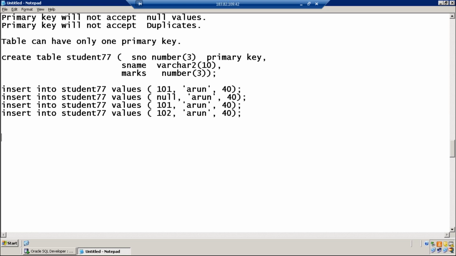Let's say, for example, in your organization, every employee has a unique employee number. Dilavar, you have an employee number. In the same way, you have some unique identification number like the Aadhaar number. How to satisfy that? In that case, create a primary key on the employee number. Apply not null and unique combination on the Aadhaar number.